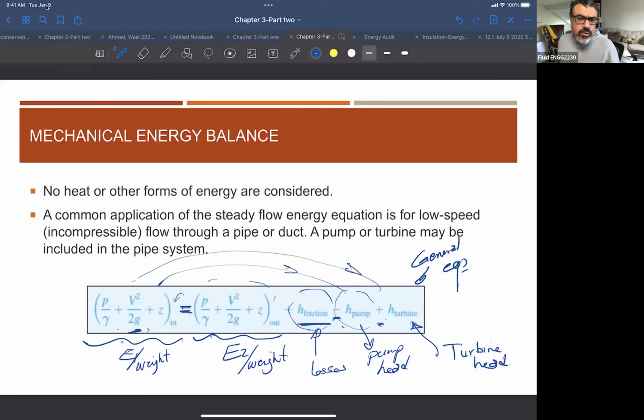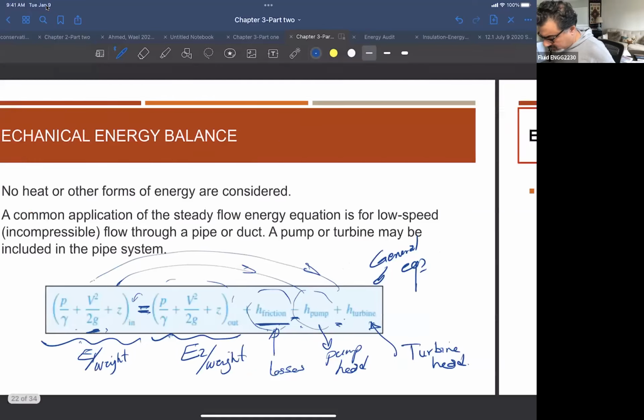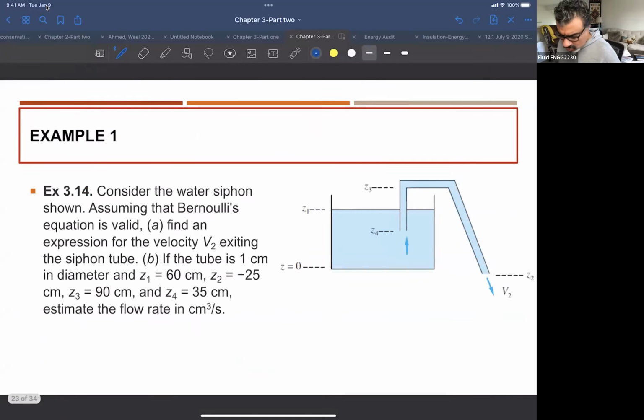And if I have a turbine or a pump, I can put this in. If I don't have one, I will just put these two zeros. If I have frictional losses or a certain amount of losses, and I know how much it is, I can just put it in this equation and solve the problem for whatever missing parameter or missing information I need to find. Okay, let's look at a very interesting problem here,